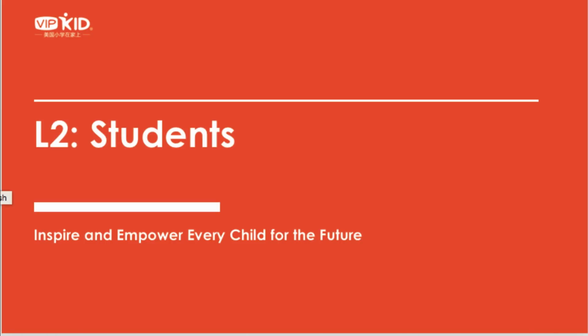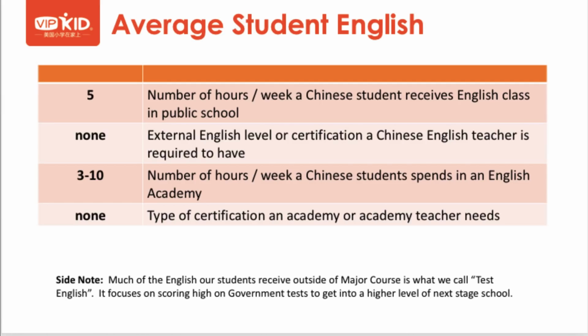Okay, a little bit about our students. I'm not sure how much the average teacher is aware of some of this stuff. So the top number there, 5, is the number of hours a week the average Chinese student spends learning English in the average public school. This is not a private elementary school. This is not an international elementary school. This is the public